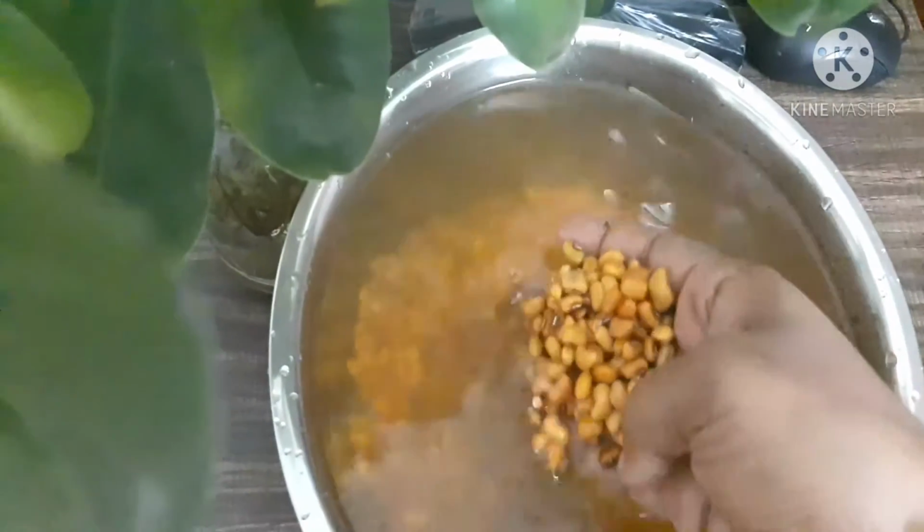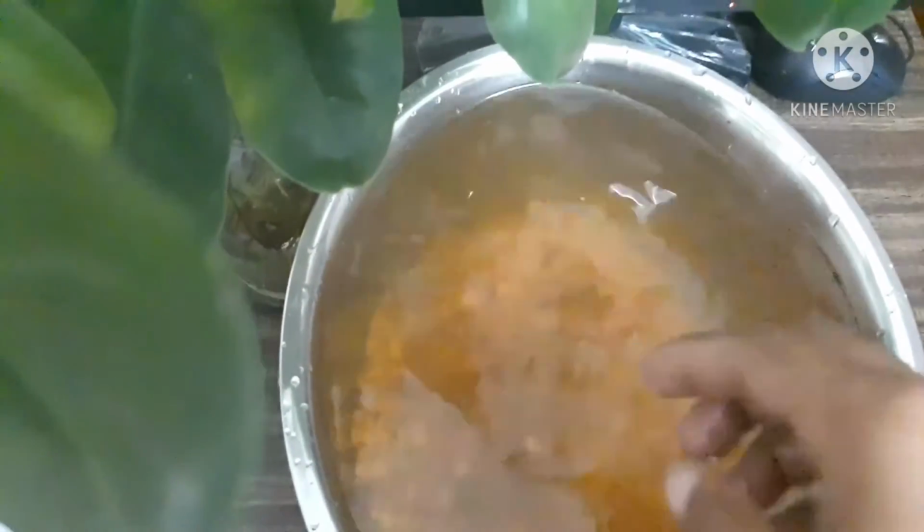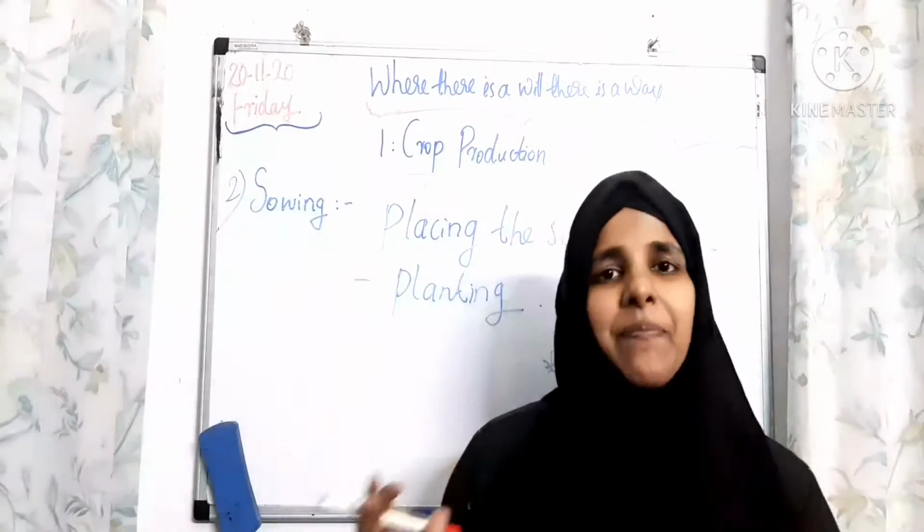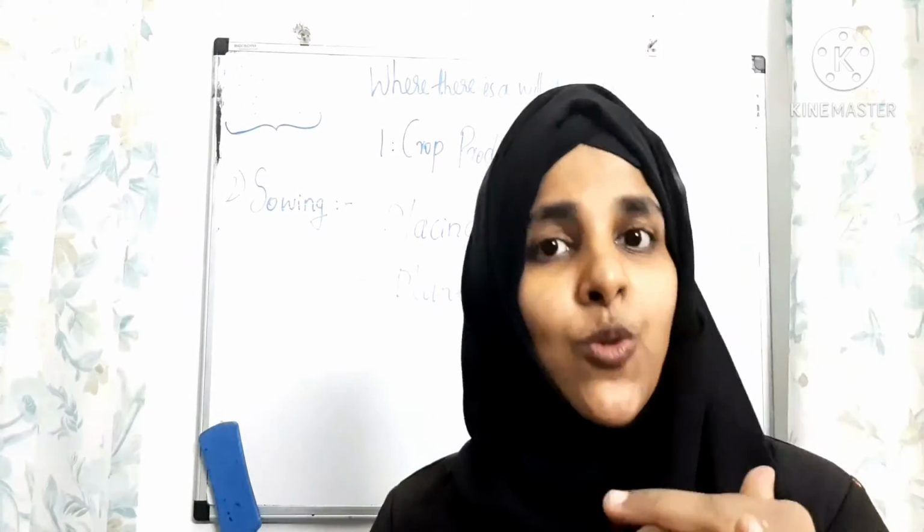You will see some of the seeds start floating on the water, right? That is, damaged seeds become hollow and float. Clear? But good seeds settle down. This is a good method for separating good, healthy seeds from damaged ones. Healthy, good seeds settle down, and damaged seeds float, right? So this is a good method. All of you should do this activity at home. So children, from the experiment we can understand how to select the seed.